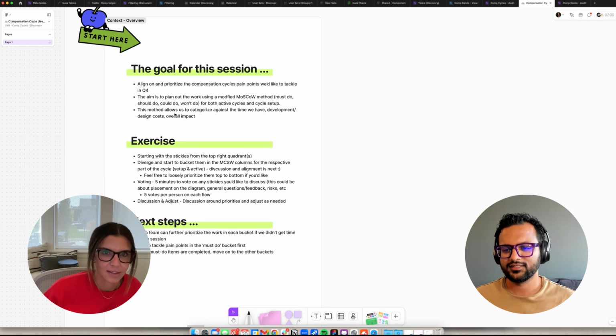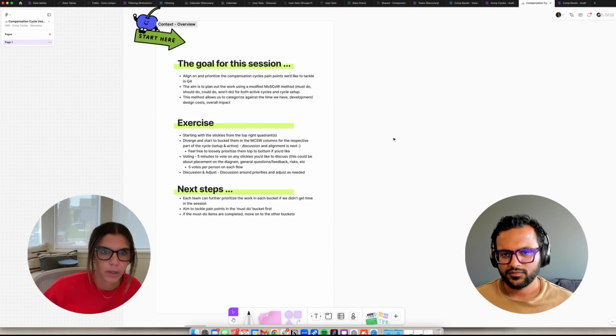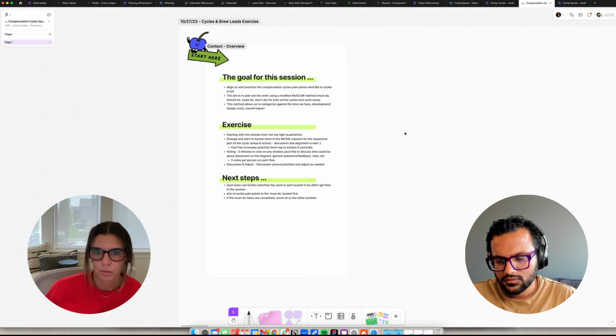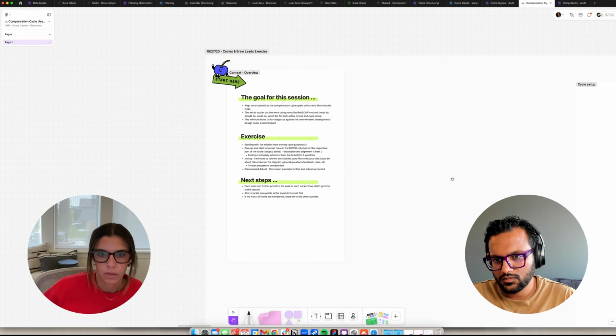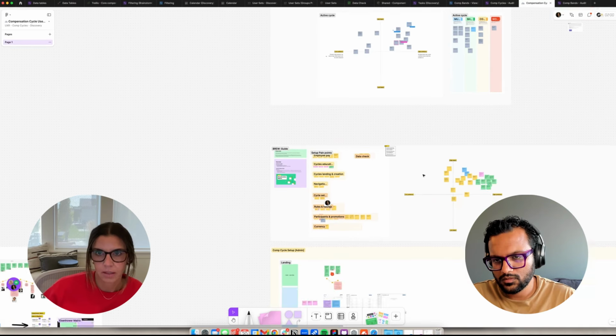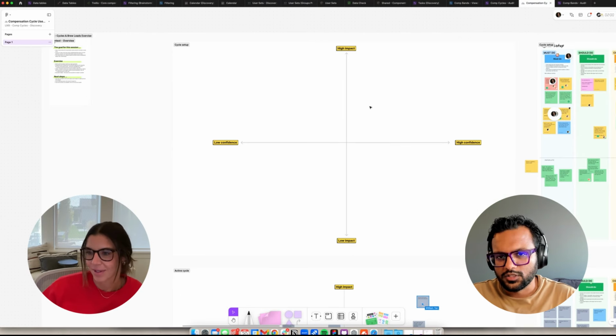Okay. So we wanted to align on and prioritize what we wanted to tackle in Q4 using the MoSCoW method. So MoSCoW is must do, should do, could do, and won't do, both for the pre-cycle, which was my design area, and then active cycle, which was Carrie's. And then starting with the stickies. So I copied this matrix down here, copied that and brought it up here. You'll see there's no stickies because we dragged them all. So question,